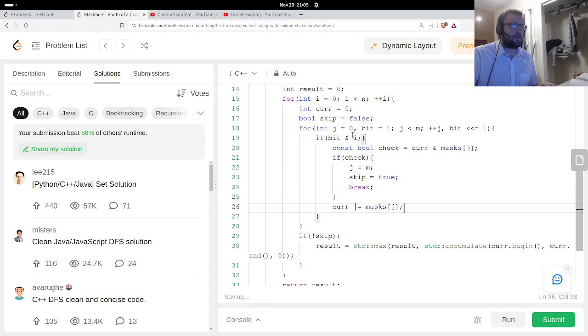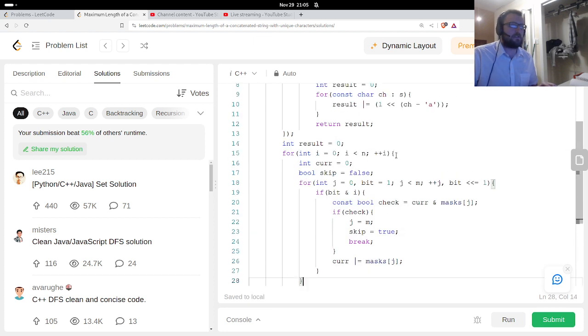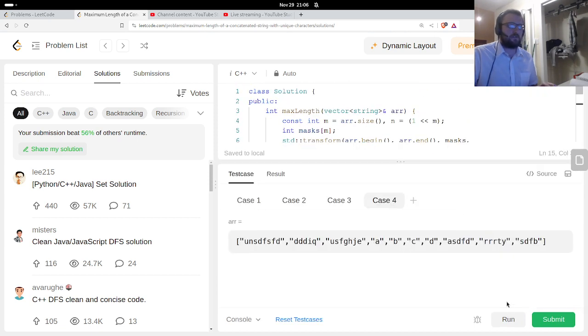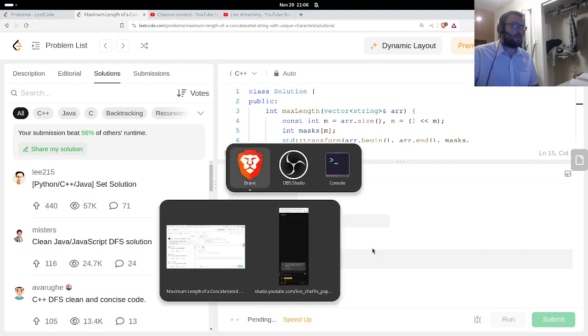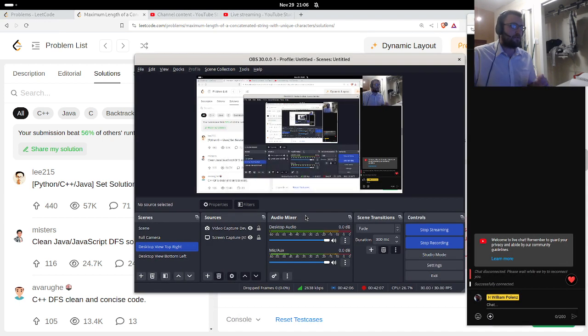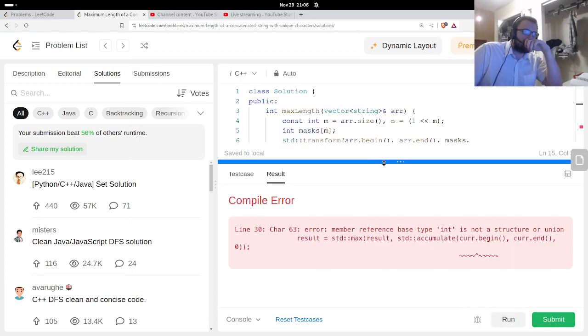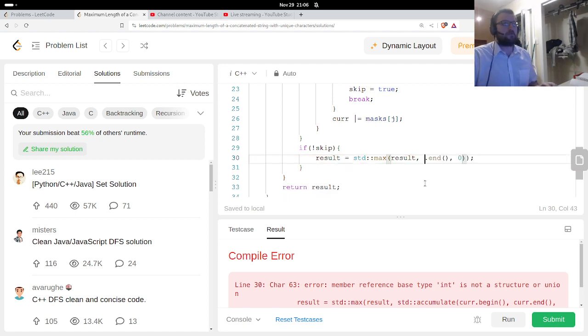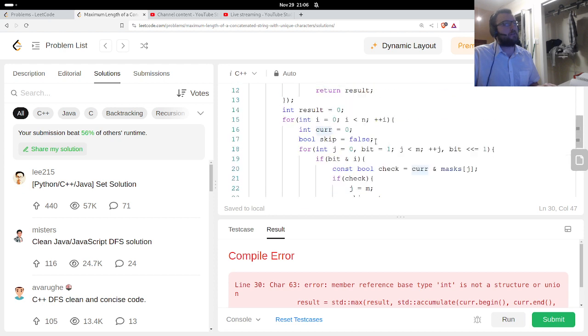That might be something cleaner that they did. The other solutions could have looked more like this. Could have looked more like this. Oh. The number of bits in current.